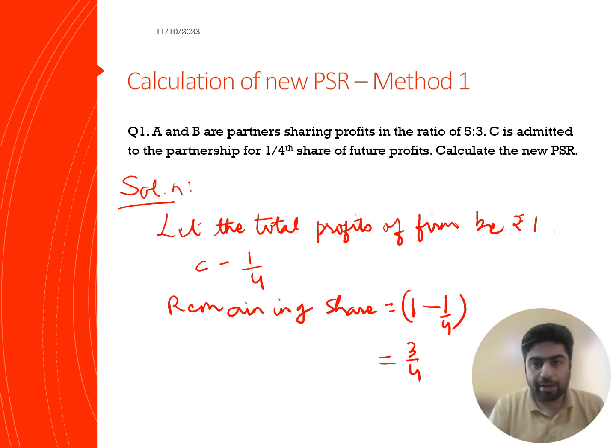अब A का जो हमें नया शेयर चाहिए, तो हमने बोला ये जो 3/4 मिल रहा है हमें, इस 3/4 को हम 5:3 में डिवाइड कर देते हैं। अब ये 3/4 तो सिर्फ A और B का शेयर रह गया ना, C का शेयर तो हमने हटा दिया है। तो 3/4 को हमने 5:3, जो कि उनकी ओल्ड रेशियो गिवन है हमें, उसी में हम इसको डिवाइड कर देंगे,